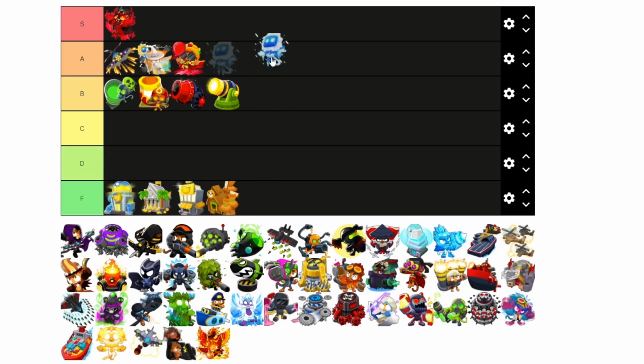Next tower that we're going to look at is the middle upgrade path Ice Monkey. So with this Ice Monkey, it does provide quite a bit of stall, and it's not a super expensive tower to go for, but at the same time, I'm going to give it the same respect that I gave the top